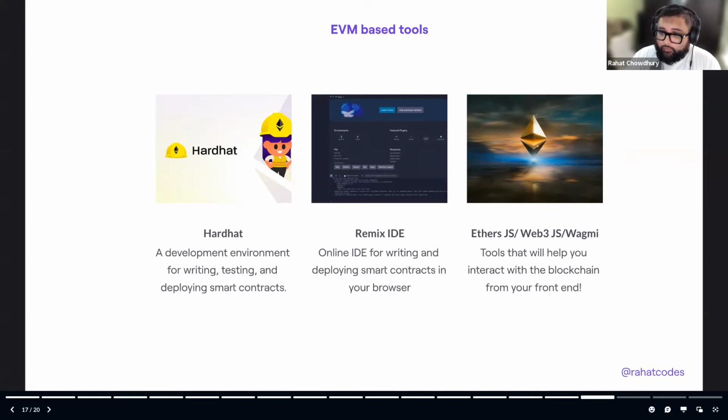One really good library that came in after that is the WAGMI library. This was created by someone from the Mirror team. The WAGMI library is built around Ethers.js. The first version of it gave you a bunch of